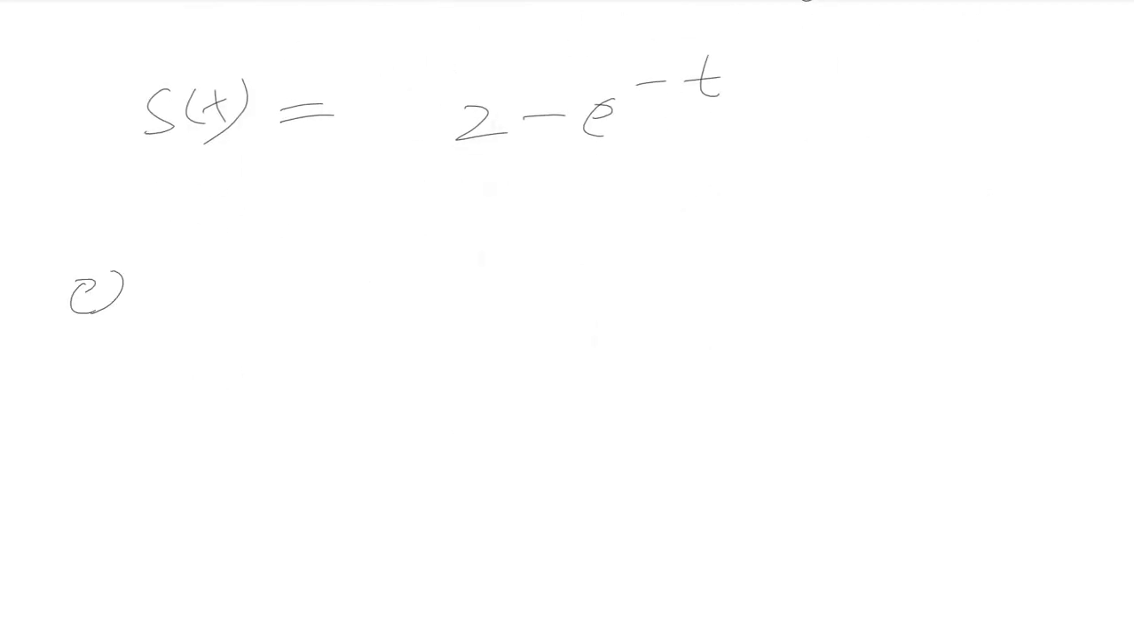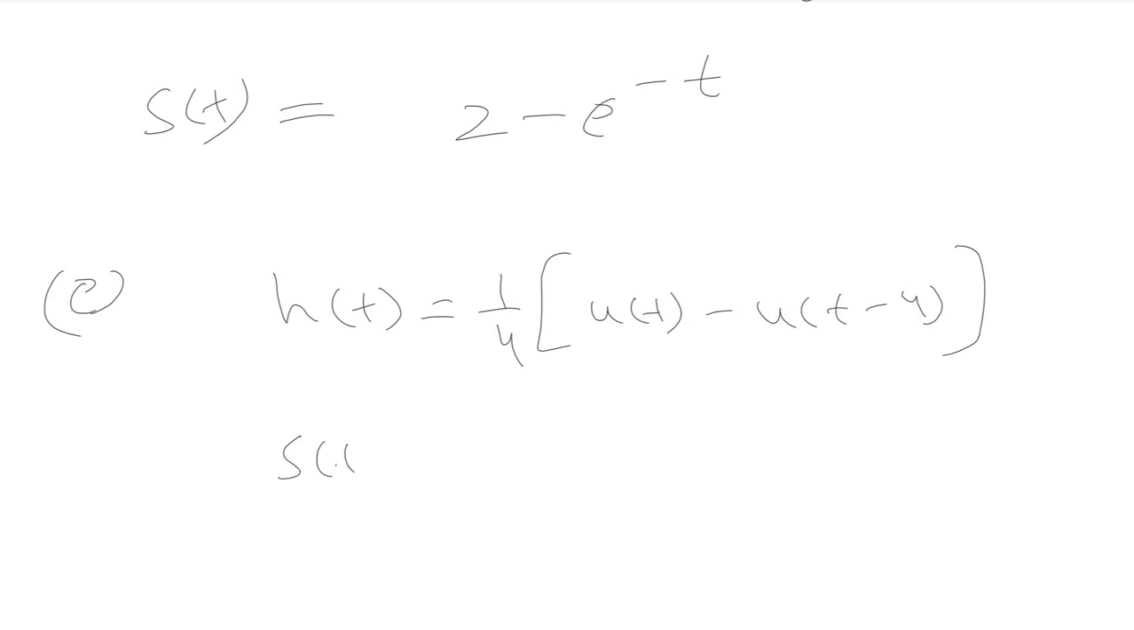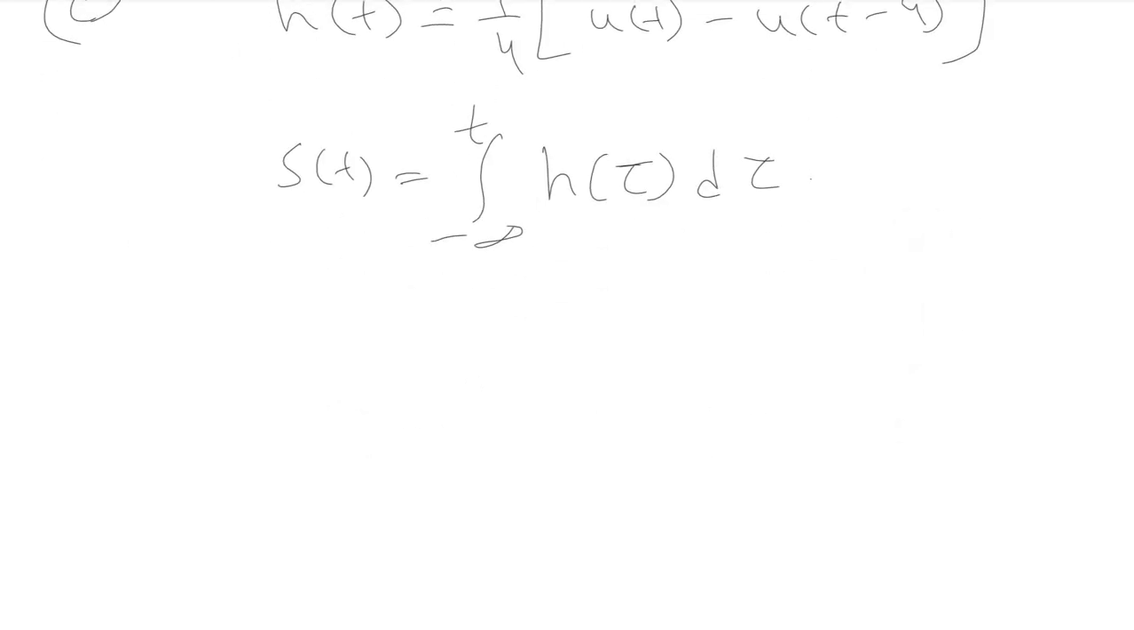The last part was again a continuous time LTI system. The impulse response is h of t equals 1 by 4 times u of t minus u of t minus 4. Again, we'll make use of the same expression that the step response is nothing but the integral of the impulse response. Substituting the values,